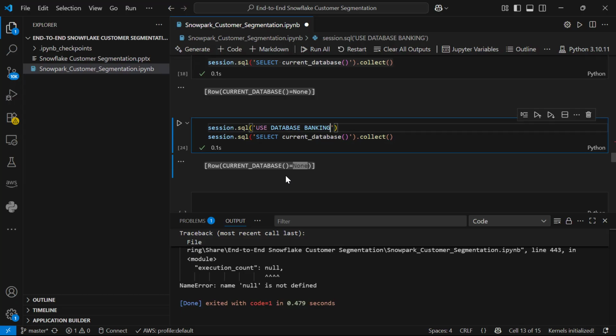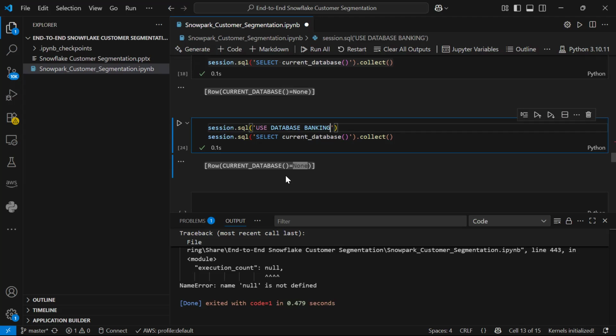Maybe because the command use database banking is nothing but we are pointing to that. So when we gave that particular session connection parameters, there itself it is pointing to the database, correct?